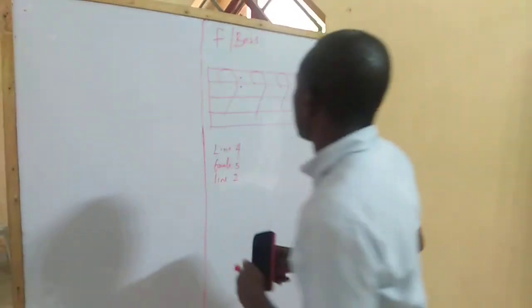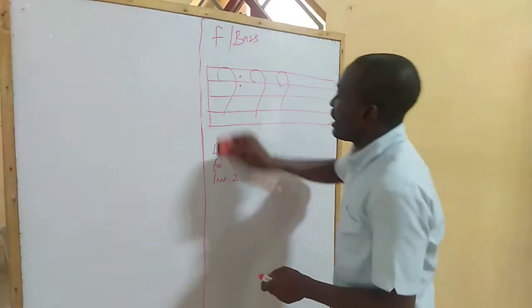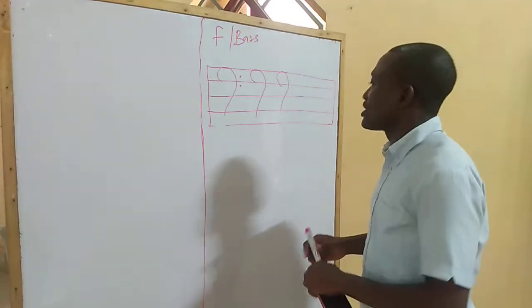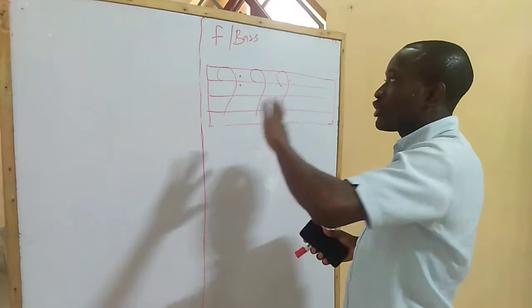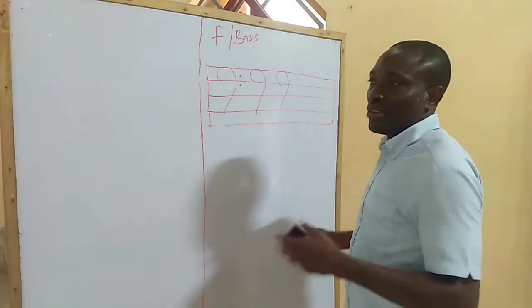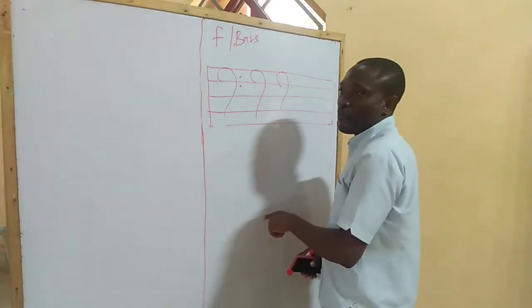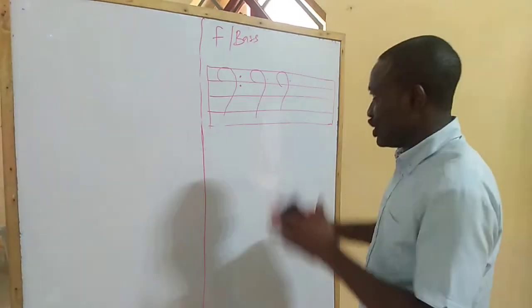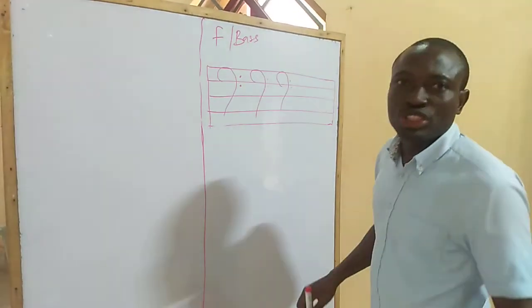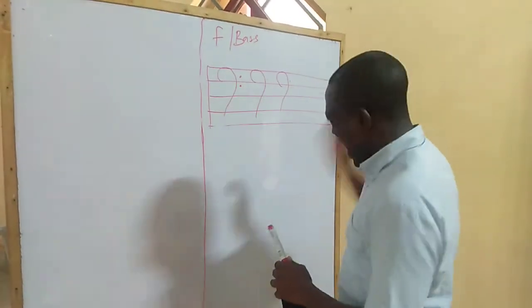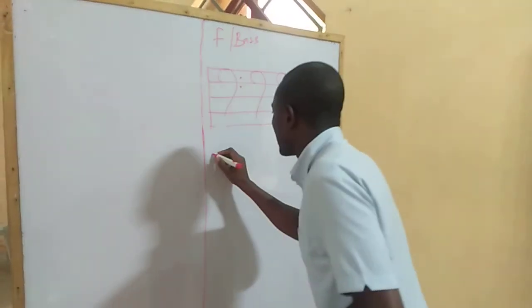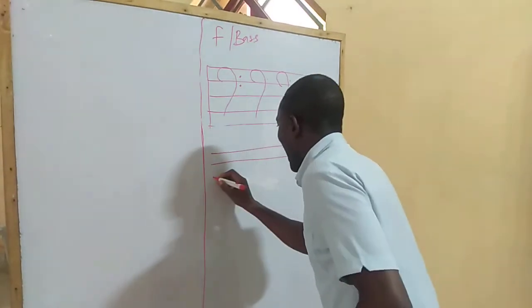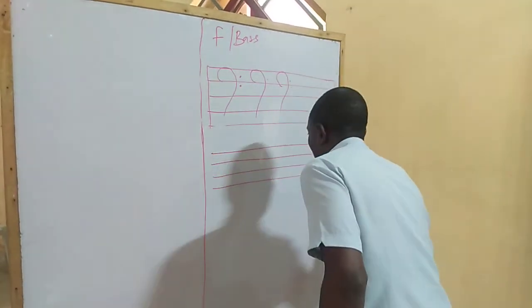Now, that is it. And what is this telling us? This one is telling us that line 4 is F. Like the other time, I told you, with the G clef we started from line 2, and that line 2 automatically becomes our G. But this one now, line 4, automatically becomes F. So we are going to draw it again and it will show us the clef as it names the lines and